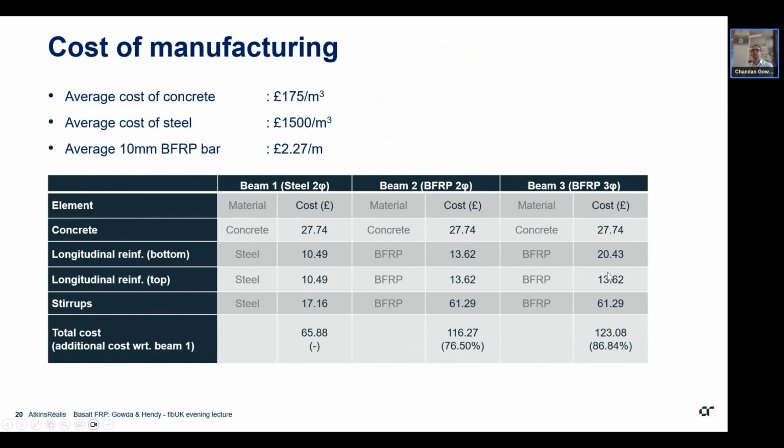Going to beam 3, which is with 3 reinforced bars, the cost of manufacturing is 123 pounds, which is close to twice that of the steel reinforced beam. Because it's a new material, because the manufacturing, raw materials, everything starts from scratch, or is at the initial stages, this is why the cost of manufacturing is really high, which is very similar to what happened when we go back 10, 15, 20 years ago, when carbon was starting its application in civil engineering,